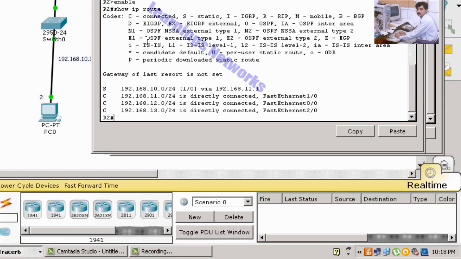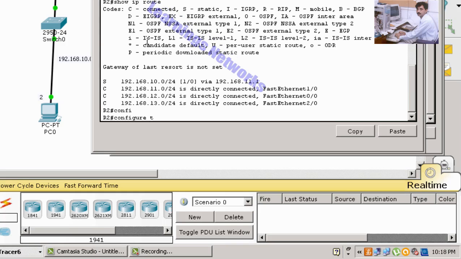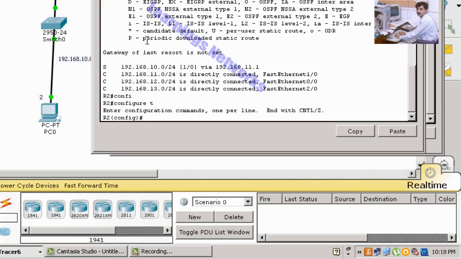The 14.0/24 network is not seen in the routing table of R2, so we update the routing table of R2 with the network 192.168.14.0 255.255.255.0.